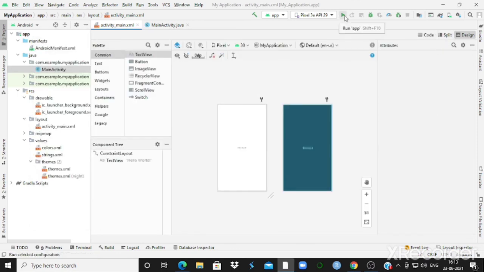Here you can go and run your app. Click on this run button.